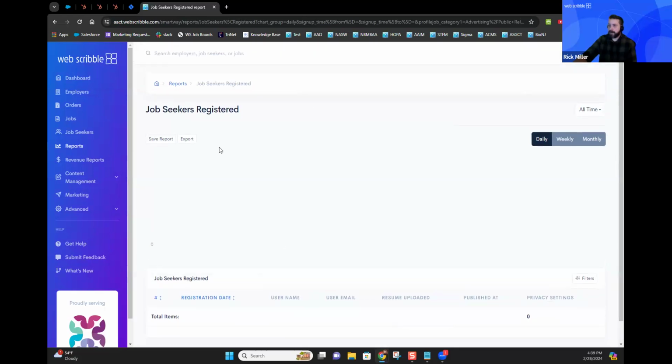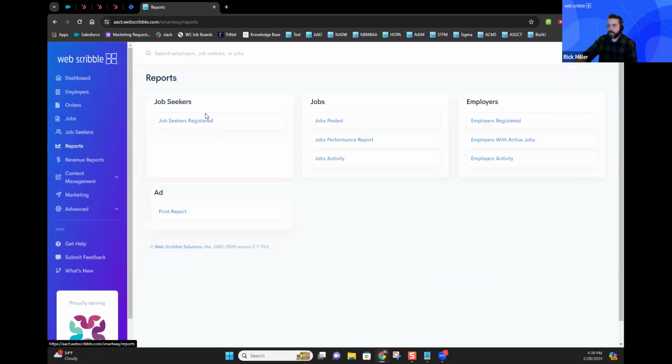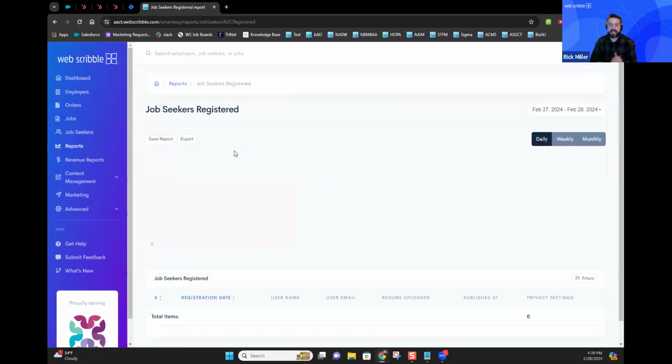So I would urge you folks to play with that, understand who your job seekers are, what their experience levels are. Again, we give it to you in the dashboard as a snapshot, but this is a way to go in and really do some research on your job seekers. If you want to take the raw data out of this section here and play with it in say Excel, we allow you to do that.